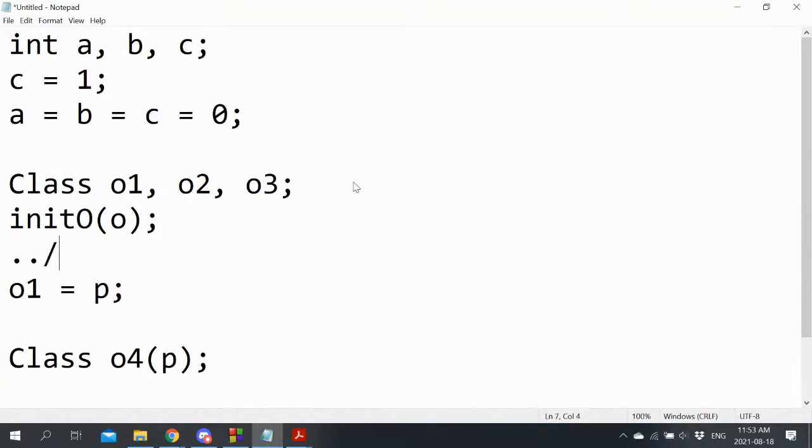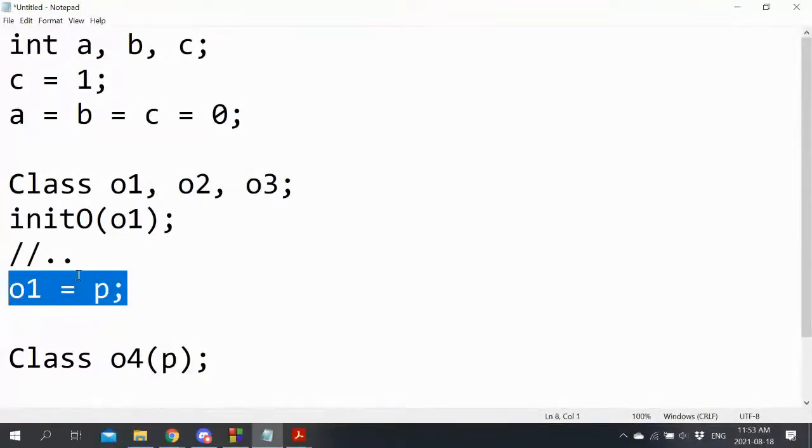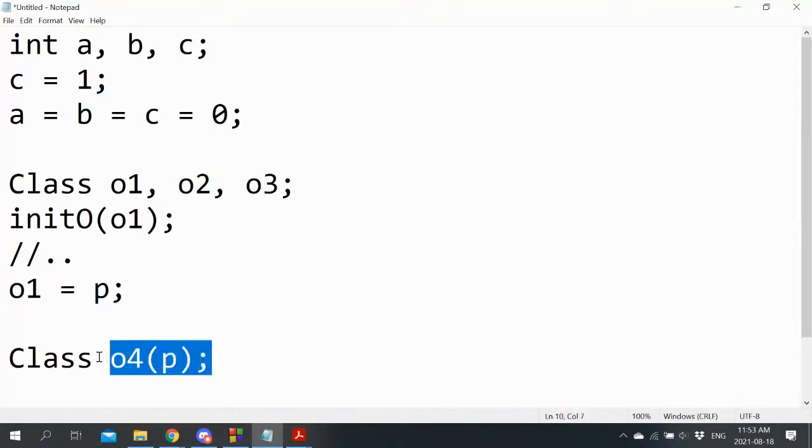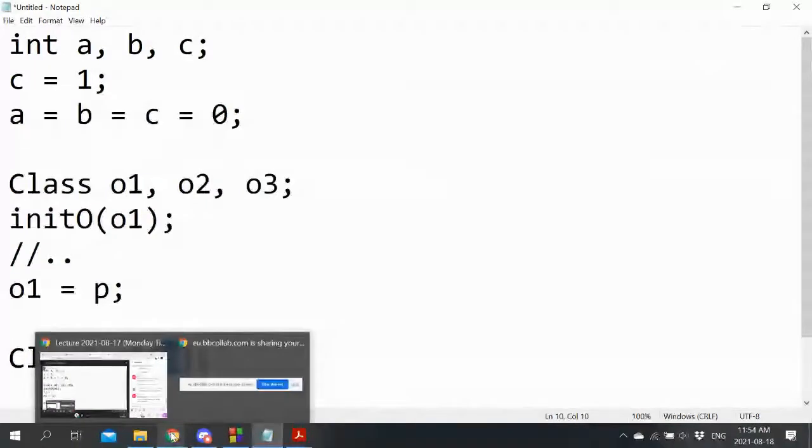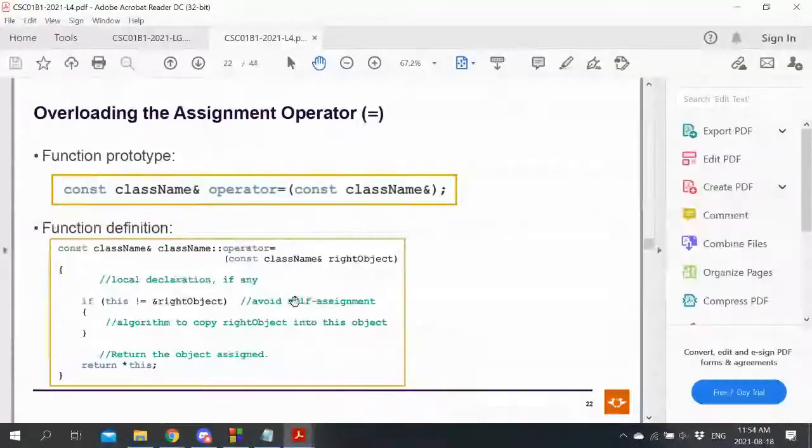that's happened to it in its long history before it reaches this line of code. So all sorts of interesting things could have happened to O1 before it got assigned. So it could and should already have an existing internal state, including perhaps a dynamic array. So the first thing we need to do when we do an assignment is delete everything that's inside O1, recreate it to be the same size as P's, and then transfer everything across. Whereas over here, there's nothing to delete first. So all we need to do is to allocate the space and transfer from P. So the responsibilities of an assignment operator are slightly higher than for a copy constructor.